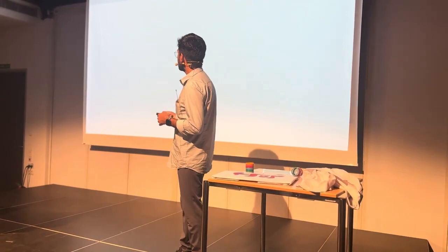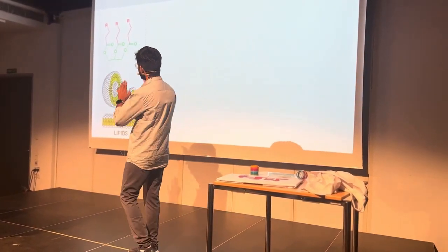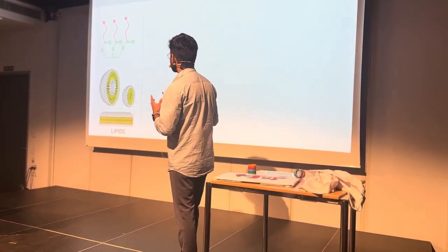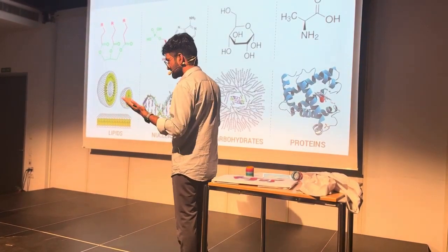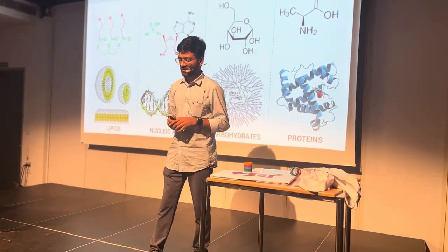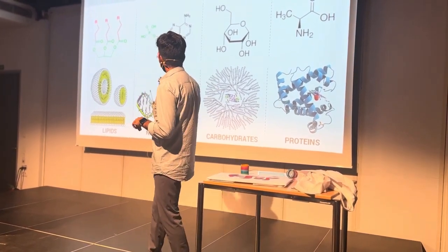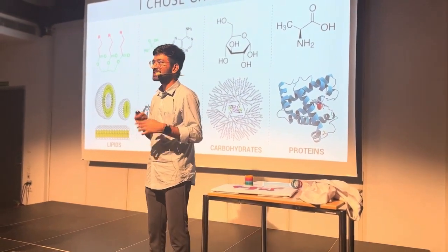So I chose chemistry during my undergraduation, and I found that these biological molecules are made up of what is in the organic chemistry textbook. These come from organic chemistry, and not only lipids, but nucleic acids, which are DNA and RNA, are also part of these simple chemistry molecules. So I thought, maybe biology is not that hard if it can be understood by these 4 classes of simple molecules. Okay, so I started biology again,